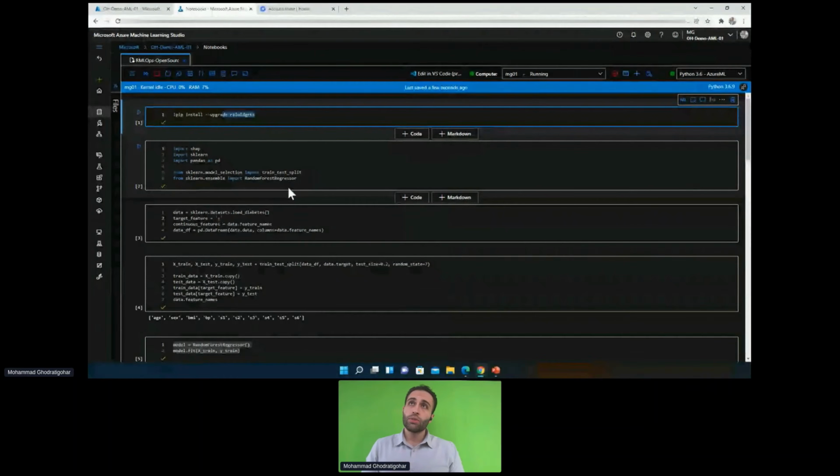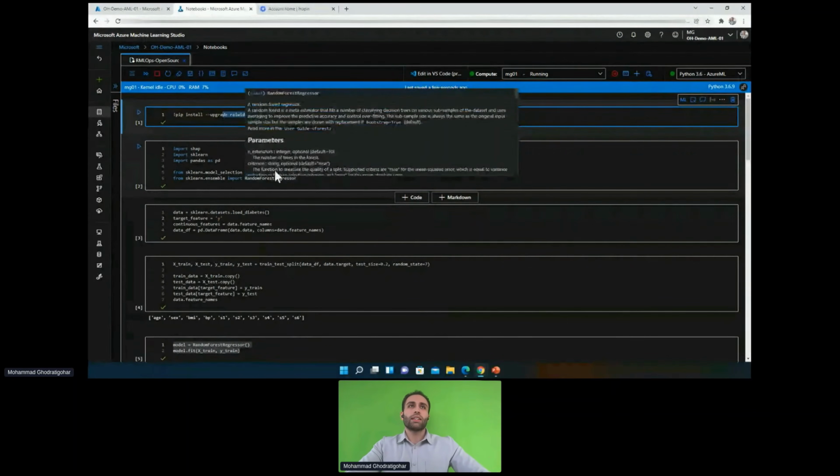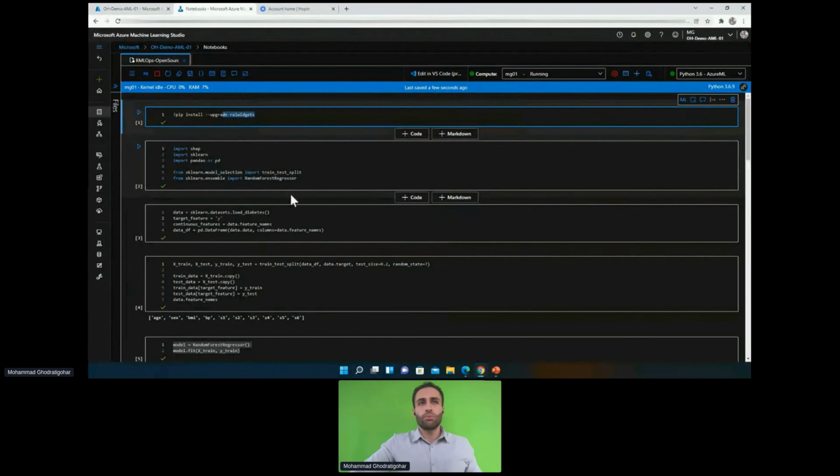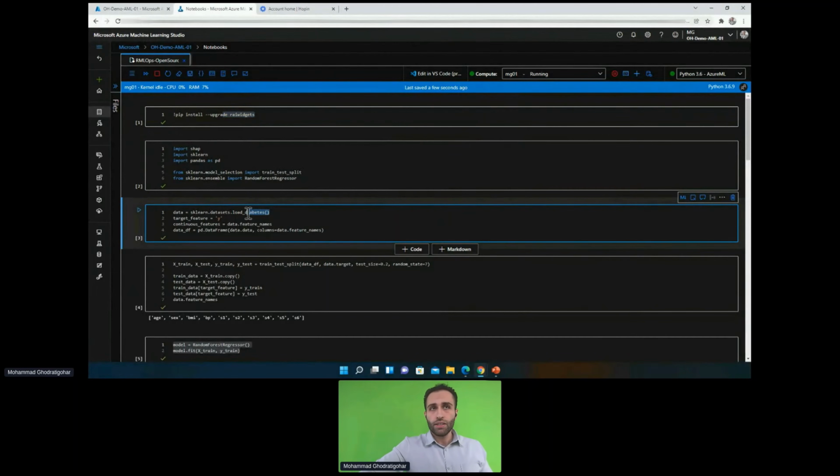So here I have opened a notebook in Azure Machine Learning, and I had the flexibility of choosing a compute machine. It can be CPU-based, GPU-based, or a cluster of nodes of machines. But for this example, I used a pretty light data set coming from scikit-learn. You might already be familiar with the diabetes data set.